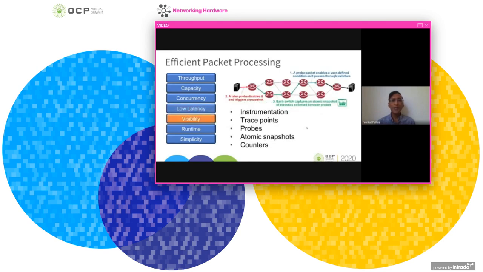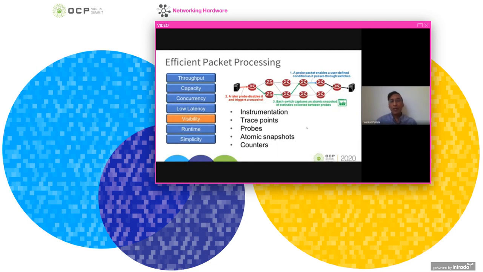Okay. And visibility. This is one area people sometimes are confused about. Why is visibility? Yeah, I need visibility, but why is it an efficiency issue, right? It's a very important efficiency issue because of the number of primitives. If you look at the tiled architecture we talked about, right? If you have to take a match action table as a universal primitive and apply it on every problem that you have, as a single solution for everything, versus imagine you have a lot of these tiles that are flexible. So that way you can construct the right kind of visibility at the right locations in your